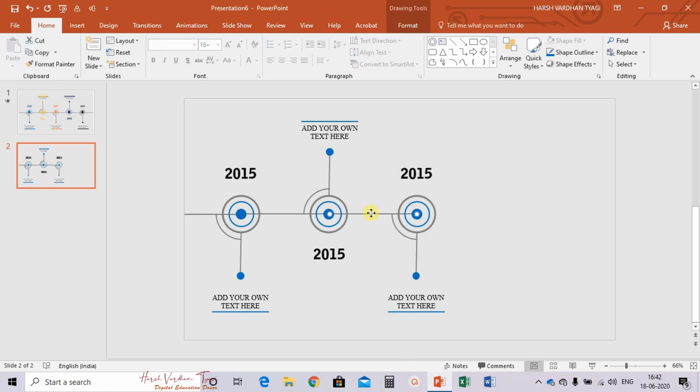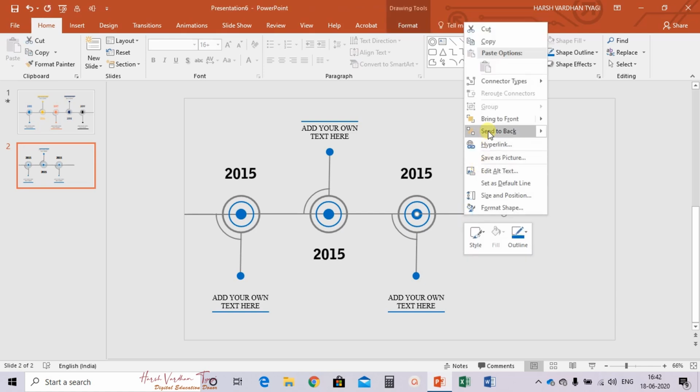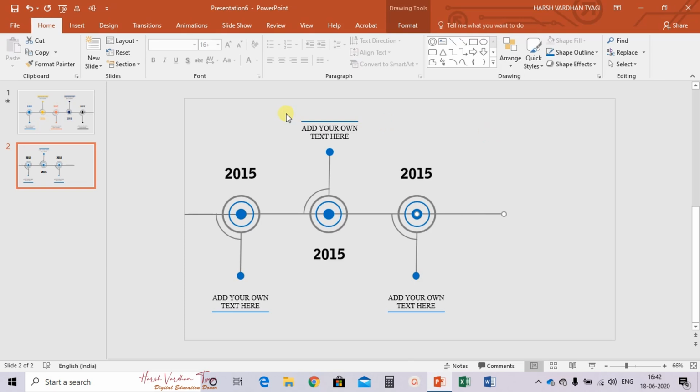Press the control key again, selecting this line, drag it, right click on it, choose the option send to back. Now this time select this portion, press control key and make a copy.